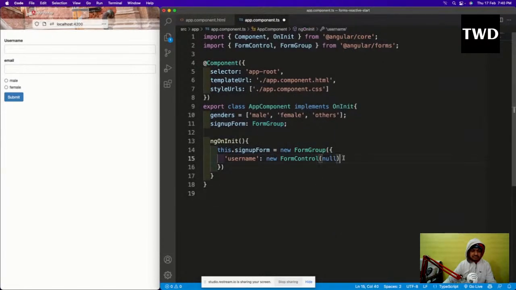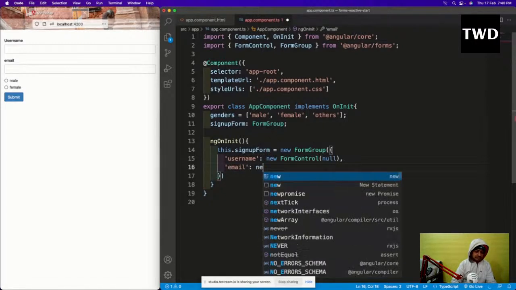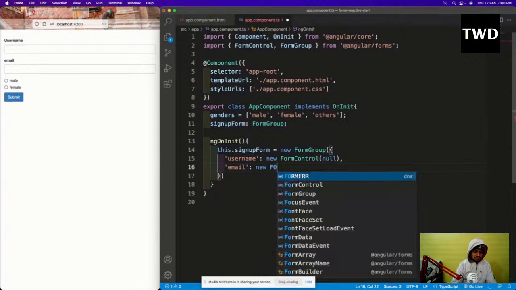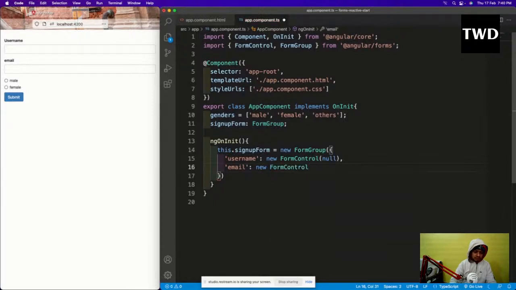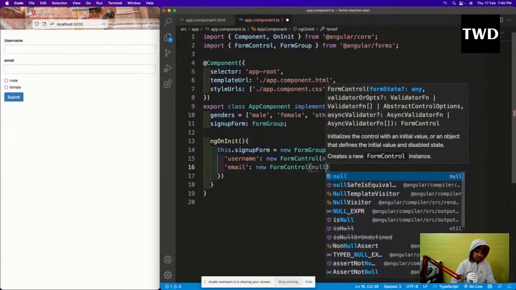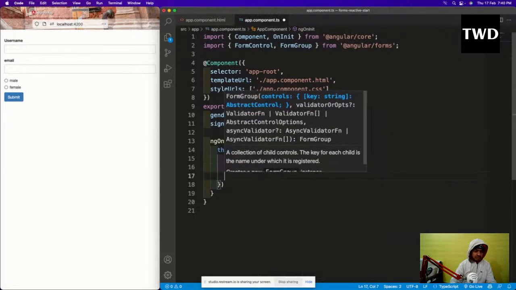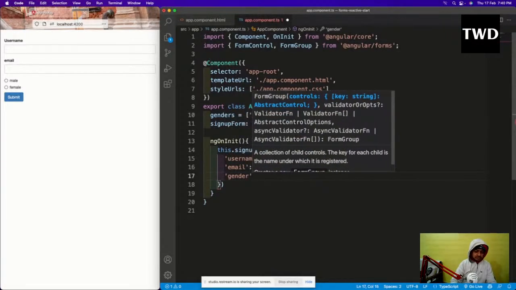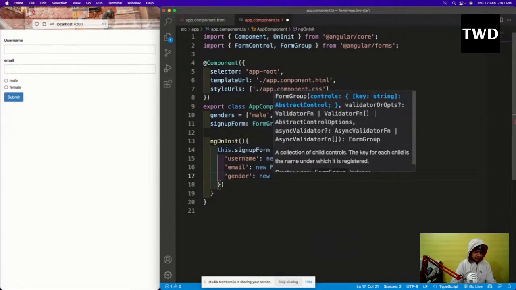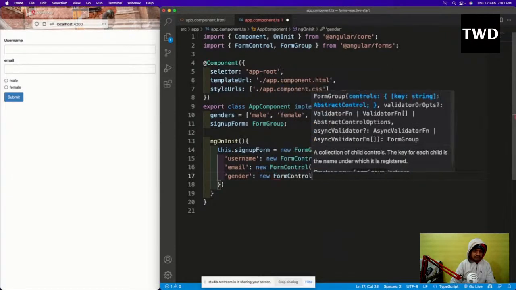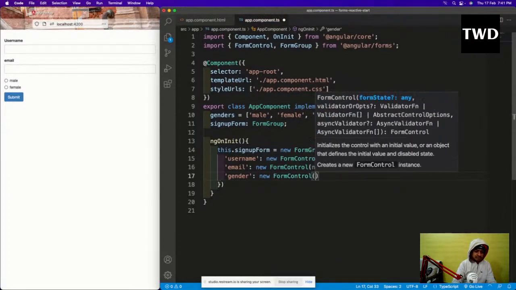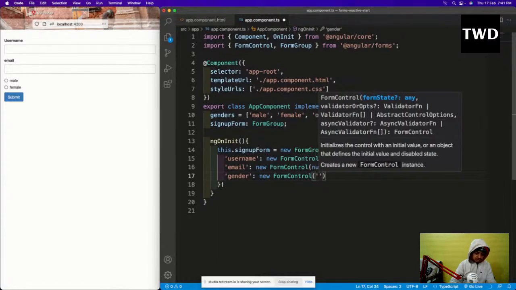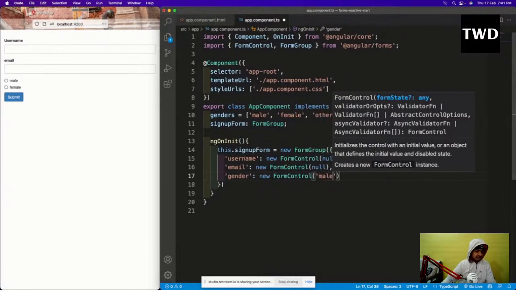Then email is new FormControl, and this one also will be null. Then gender is new FormControl, and you can pass a value also, like male we are going to pass. Okay, so that is there.